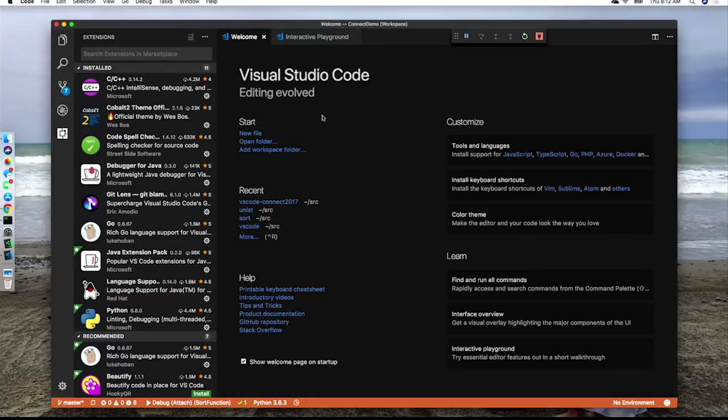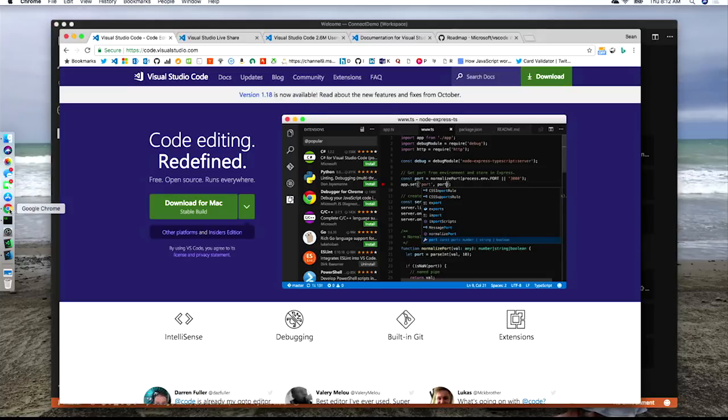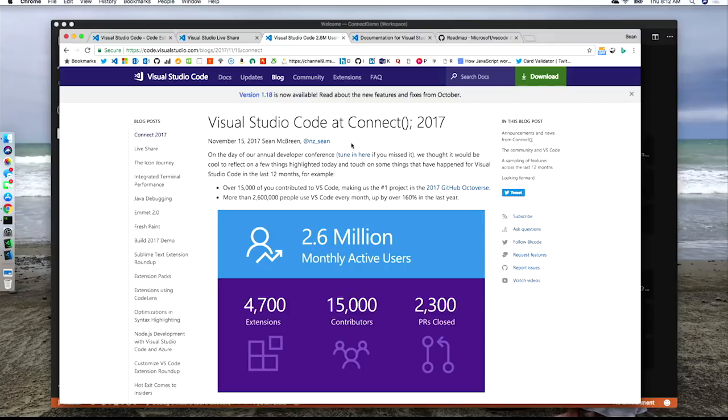Okay, so stepping back a little bit, one of the things that we talked about at Connect, and I'm just looking, I'm just reading a question. So one of the questions is, well, I'm going to answer it. What sort of things did we talk about for VS Code at Connect? Well, an easy way to deal with that is just to sort of go to our website and the blog